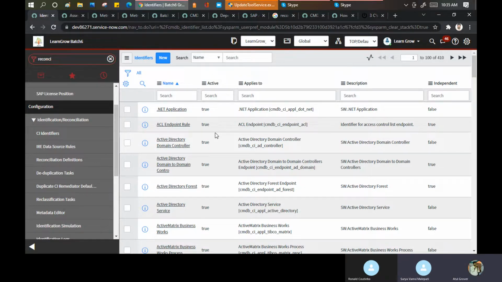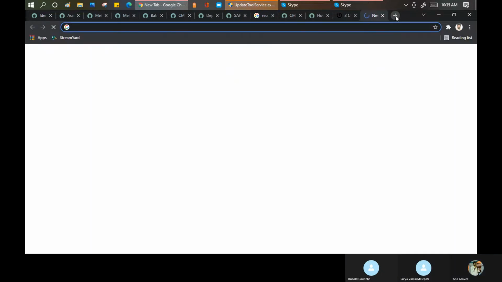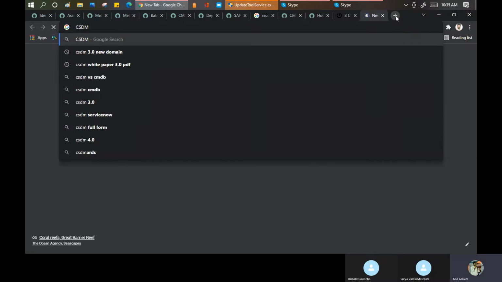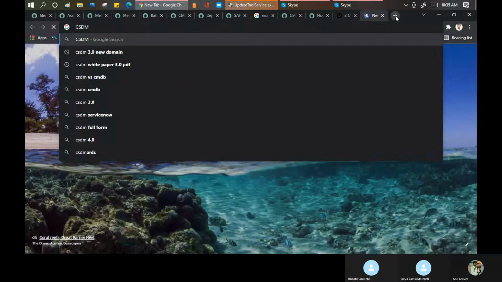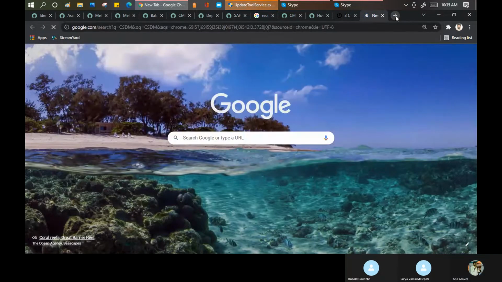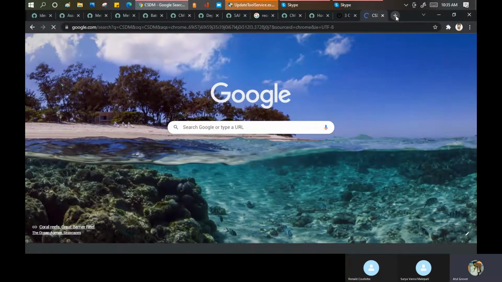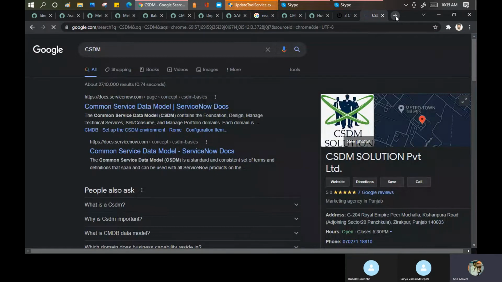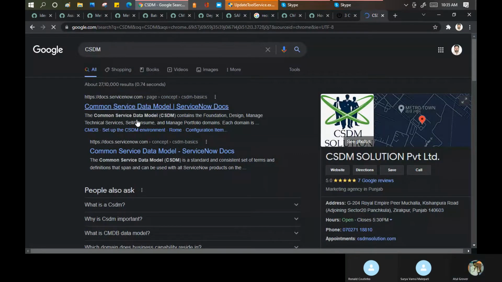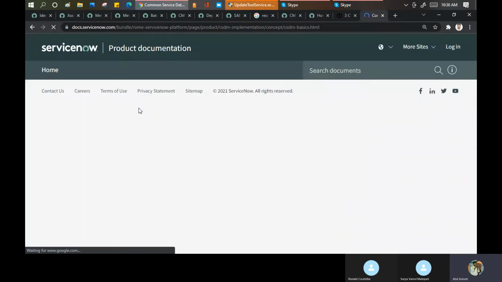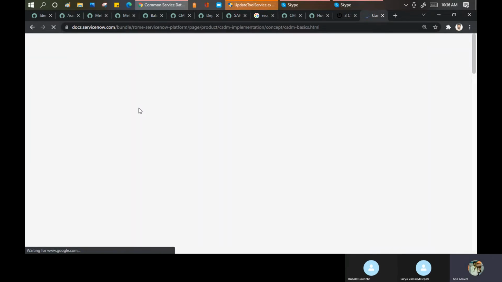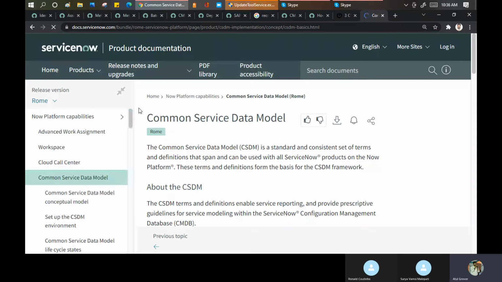Now I come to the new concept. It is altogether new. CSDM. Why did CSDM come into the market? Specifically, why did CSDM come into the market? The reason is that